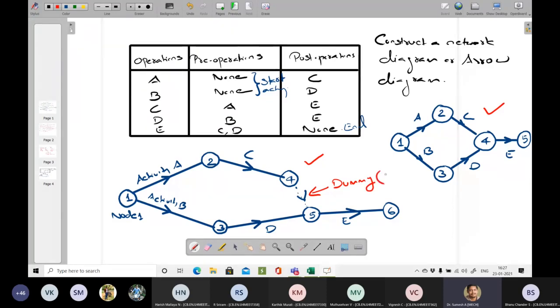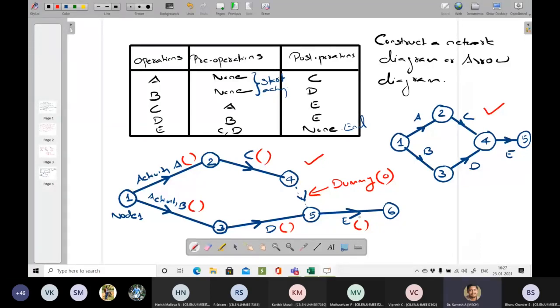If I write A over here, normally in brackets I will also write the duration of the activity. In this way, any of the previous methods you want to apply in the network model, you have to draw a network like this initially. Only after constructing the network will you be able to apply any kind of algorithm to it.